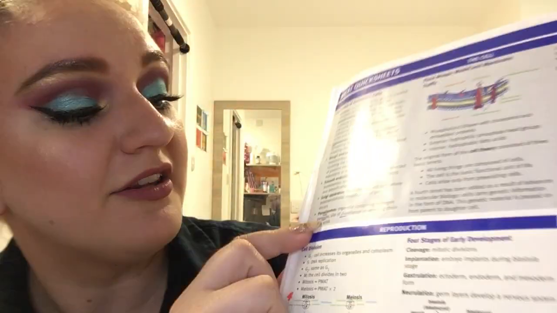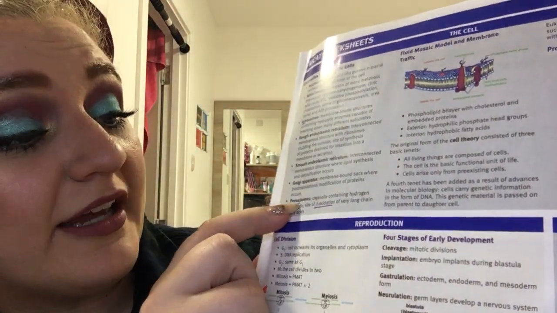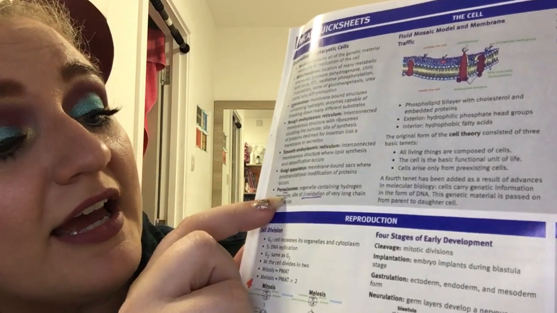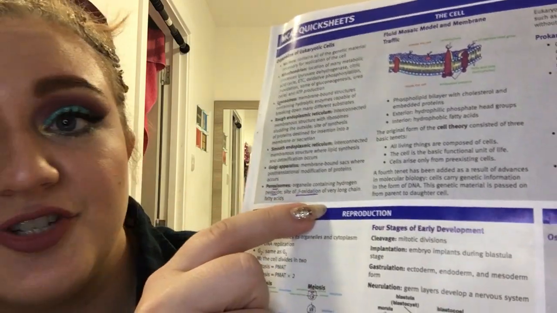Peroxisomes. Once again, breaking down those words is very helpful. Think about that oxy inside the peroxisomes, where you can see, even in my notes, I underlined the oxy because they contain hydrogen peroxide, and then they're the site of the beta oxidation. So oxy, very helpful for that, right there in the word.